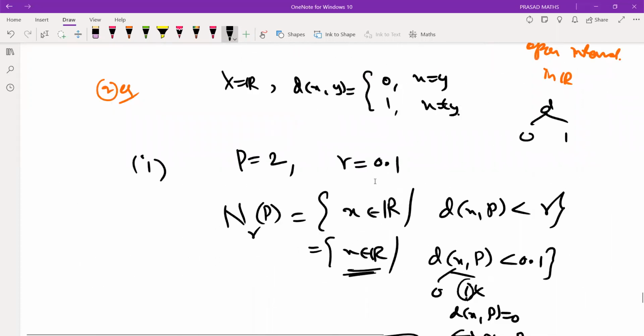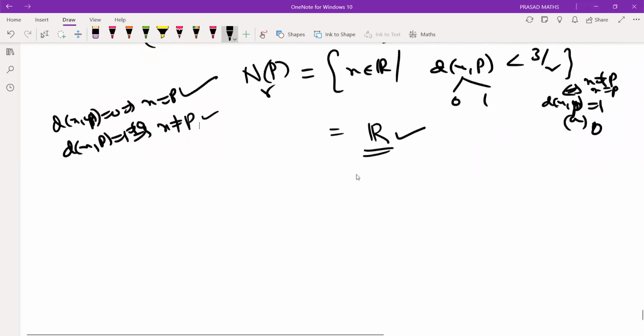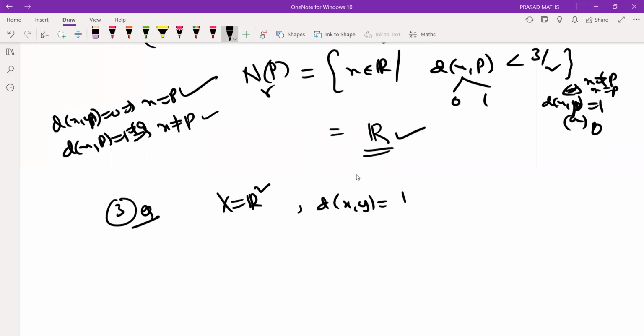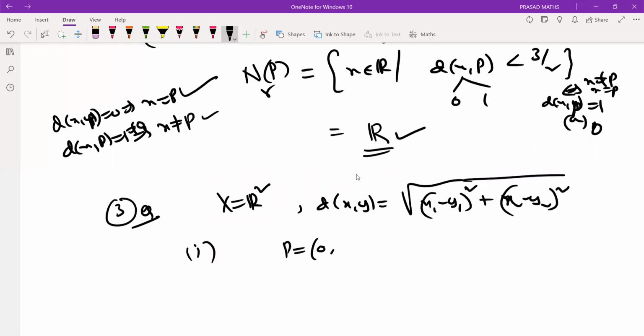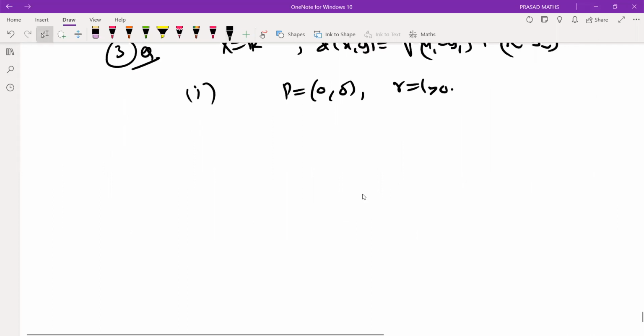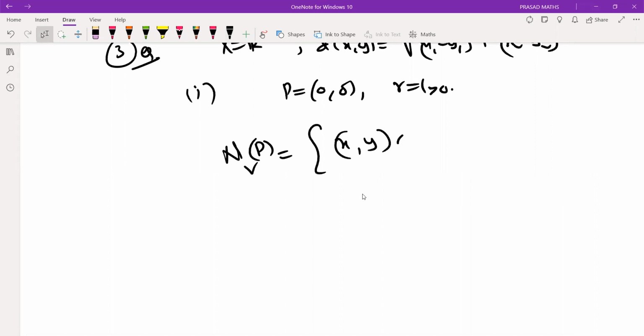Right? This is about the neighborhood of a point. We can extend this idea, for example to R2, where it is more useful. The distance is the square root of (x1 minus y1) whole squared plus (x2 minus y2) whole squared. First, suppose my P is (0,0) and my R is 1. What is the neighborhood? The neighborhood of a point P with radius R is exactly the set of all points, which are ordered pairs because we are working with R2, such that the distance between P, which is (0,0), and (x,y)